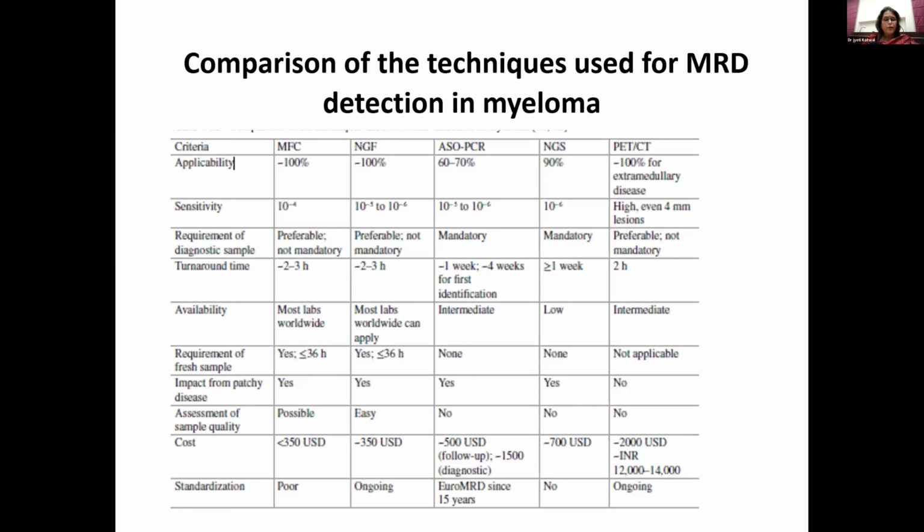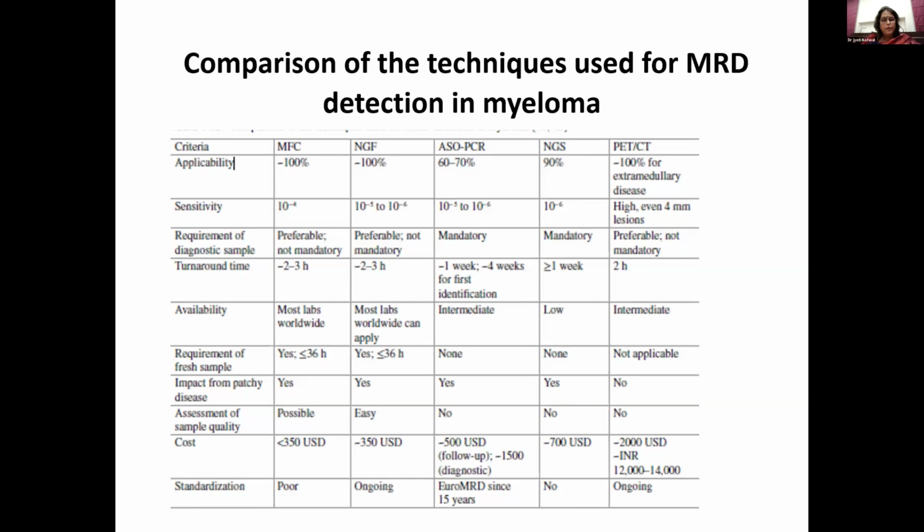Now, the procedure for MRD, which started, was flow cytometry, which is a low sensitivity flow. Then came up next generation flow. Now, next generation flow is higher sensitivity. Now, both these can be applicable to 100% of the patients. You don't need a diagnostic sample. Moving from this was ASO PCR,